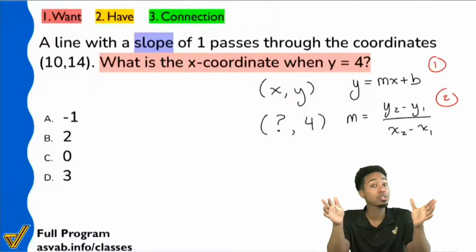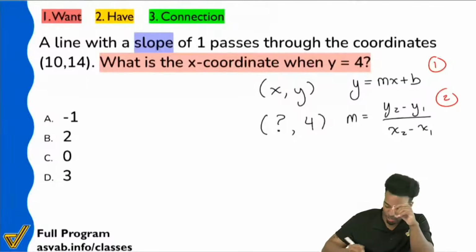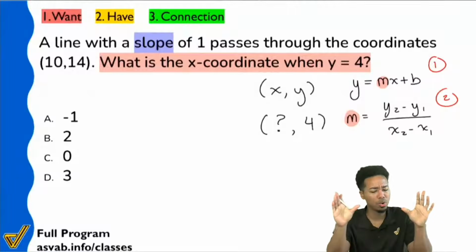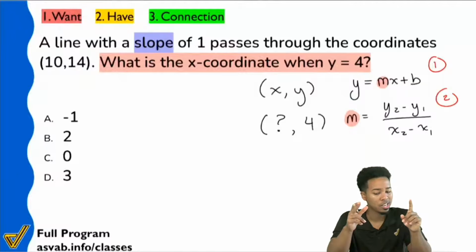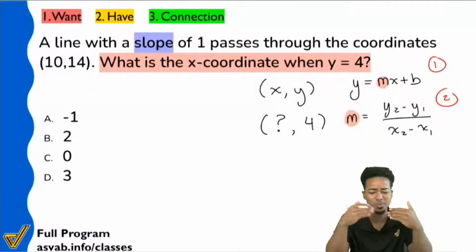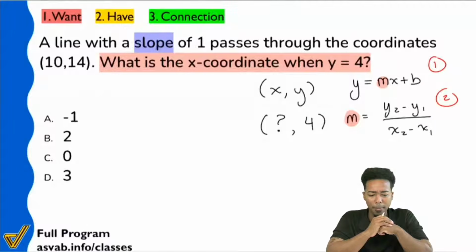Because both of them use slope, right? The first one has slope right here, and in the second one, slope is by itself. Okay, I see that the majority of us here are saying number 2. Why is that? Why is the second formula the best one to go with? Who can tell me why? There we go.